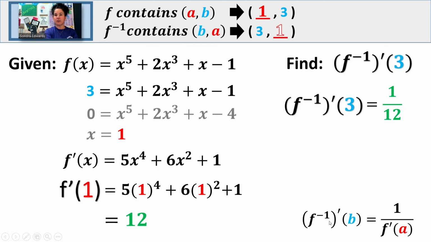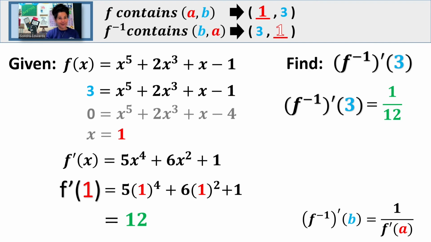And so f inverse of 3 means that this is the x value on the inverse function, so it is the y value on the original function. Then you use the fact that this 3 is the y value on the original function to figure out what the x value is on the original function when the y is 3. Now that you know a, you can find the derivative of f and evaluate it at that number,